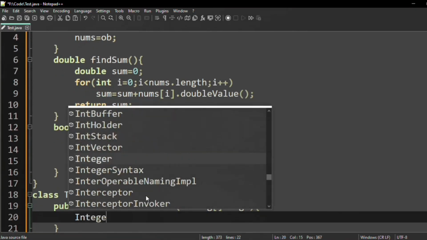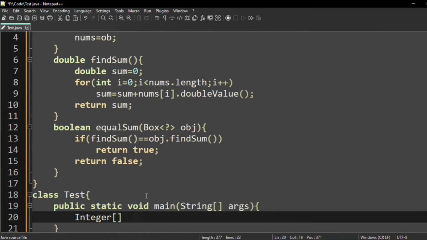So first we are going to create one array and assume the name of the array is inums, and it has the elements like this: 2, 3, 4, 5,